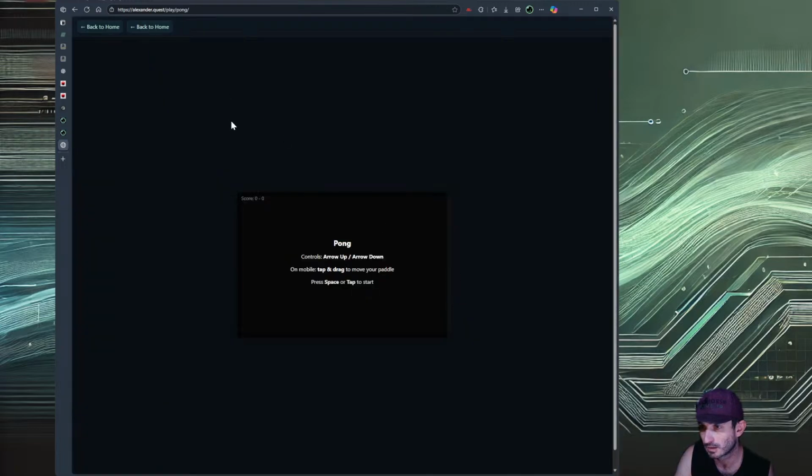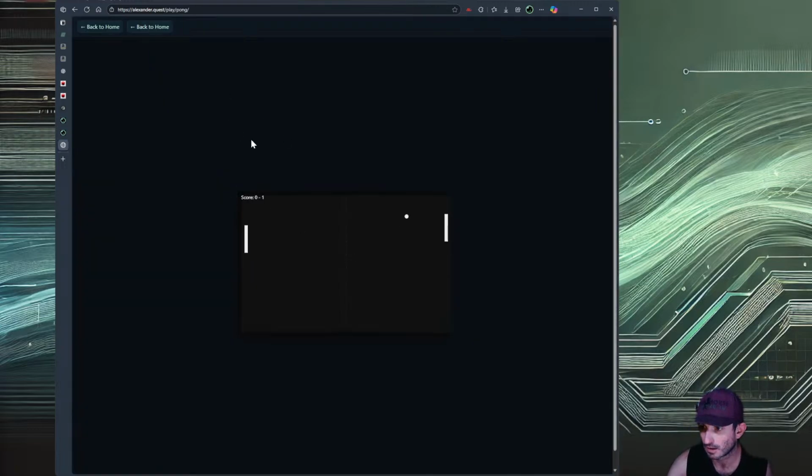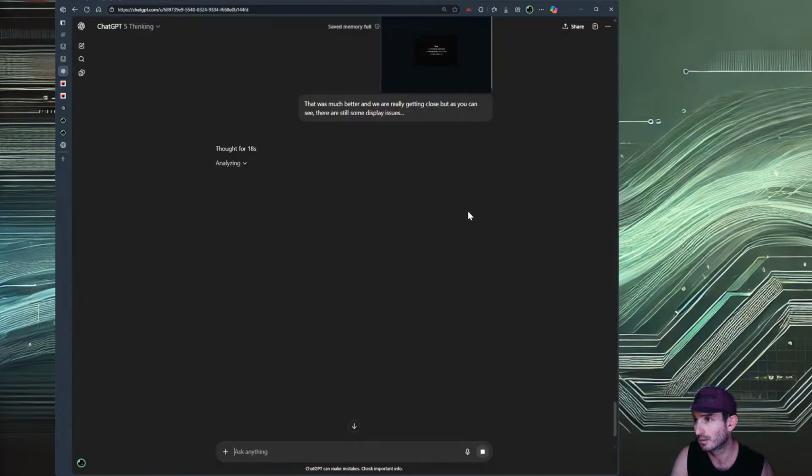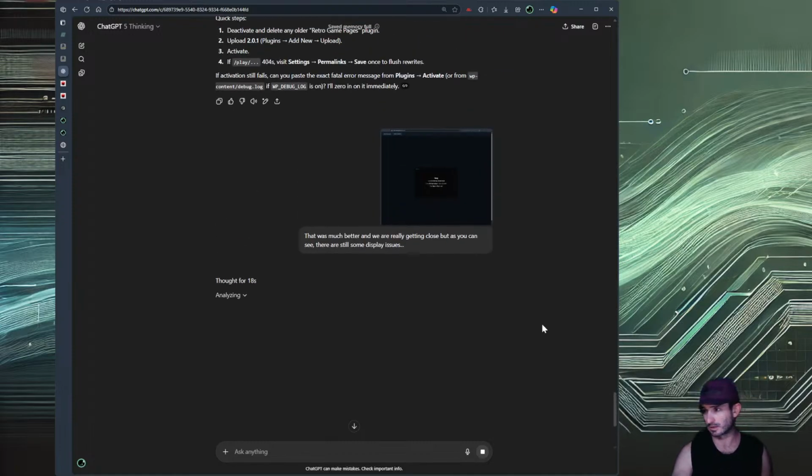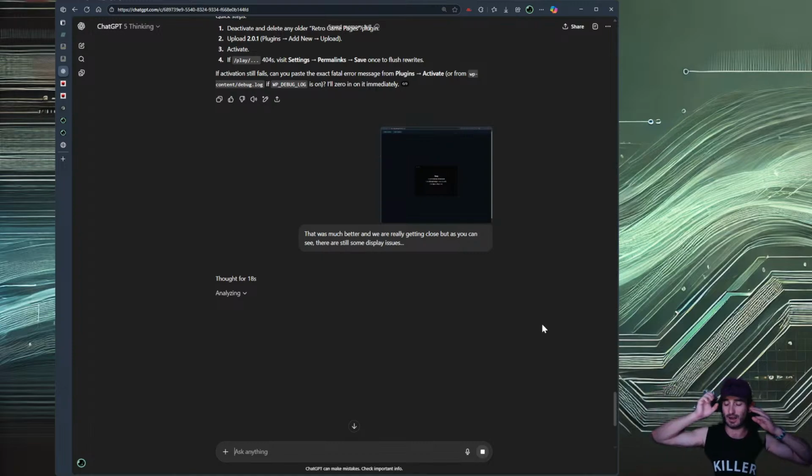Here, let's see. Let's make sure all this... Yeah, it's working. Ooh, but I don't like that. See, it's moving the entire page with the thing. I think it'll fix it with this though. Let's see. I gave it a picture of the alignment. I think it just doesn't understand. I don't know. I haven't even looked into how it's laying it out. I'm just seeing if it can do it all on its own.